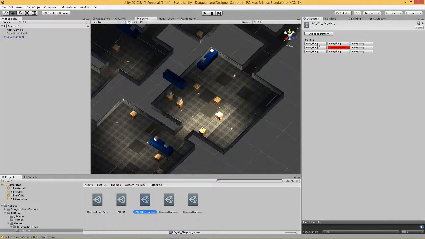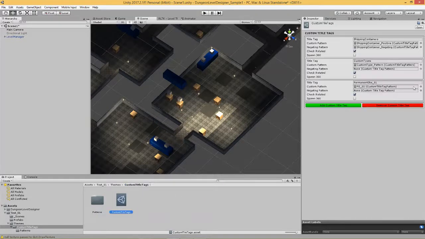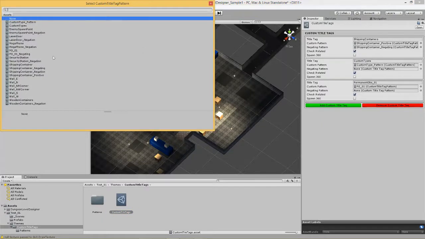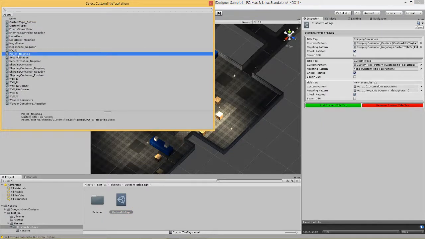This would be a negating pattern, so I don't want it to negate on anything around it, but I do want it to make sure that it's not occupying a tile that has already been occupied. So that's all I need, and I come in here and I say PO1 negating,